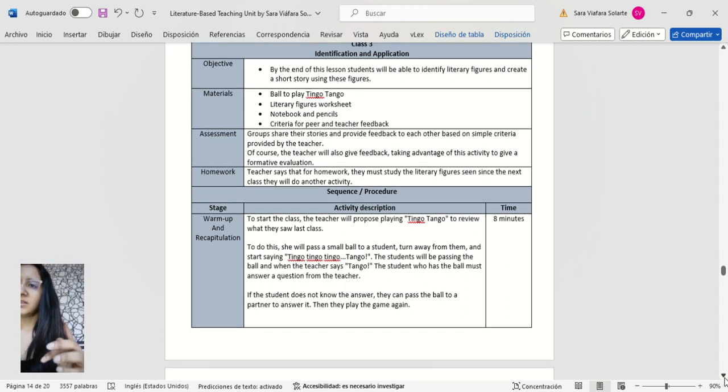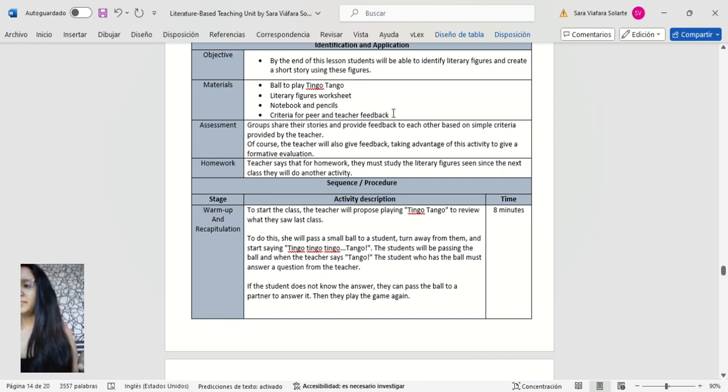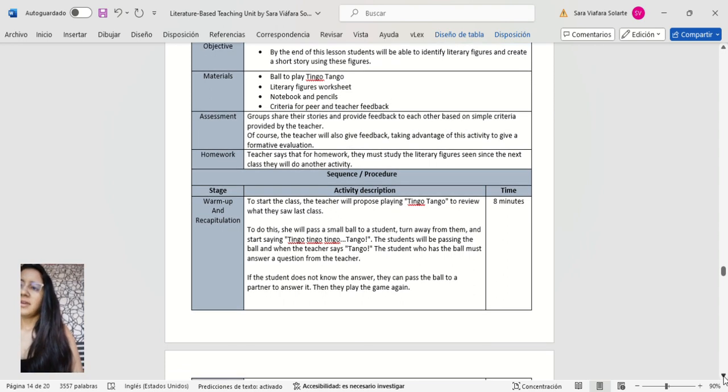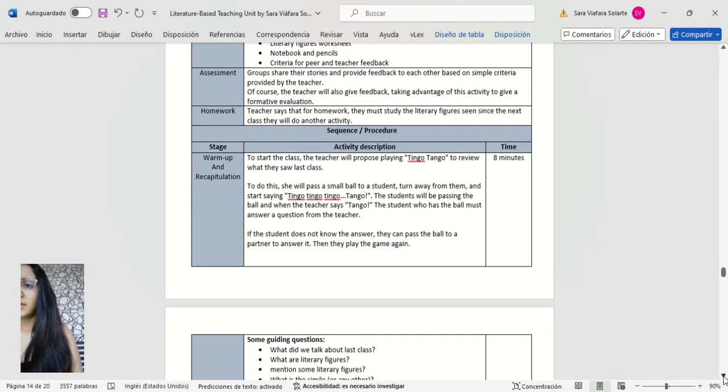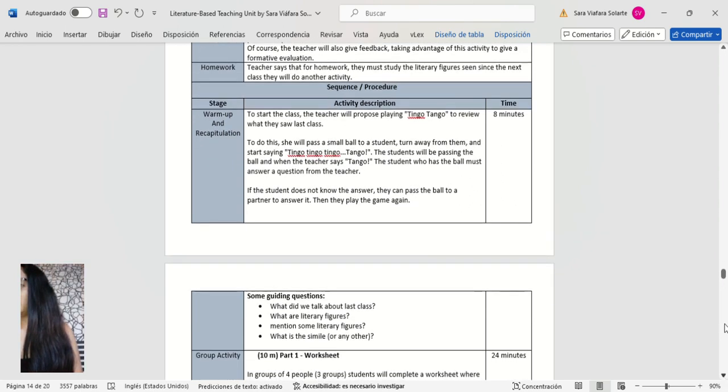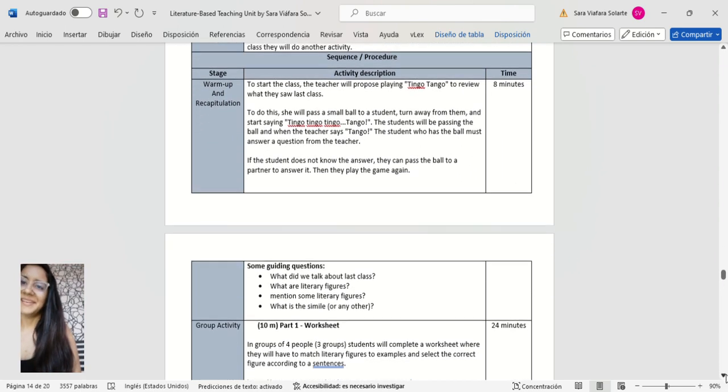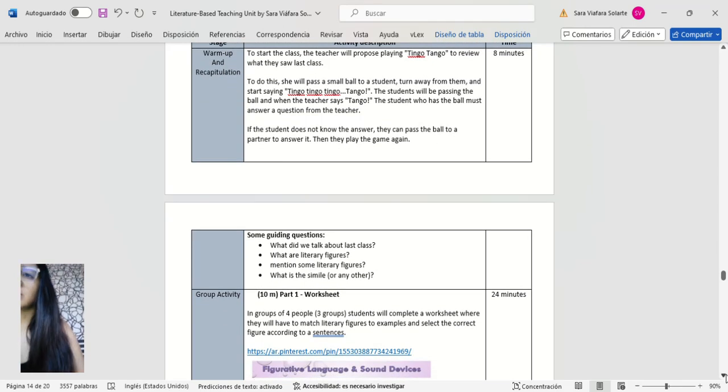These are the materials. The assessment will be a peer evaluation and an evaluation from the teacher, but formative. The teacher starts the class,